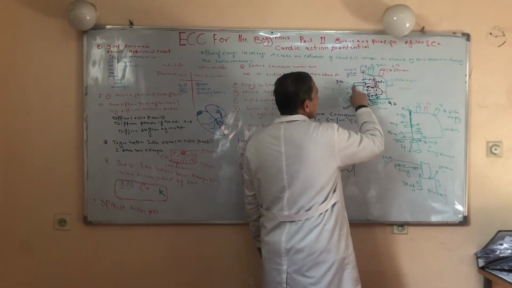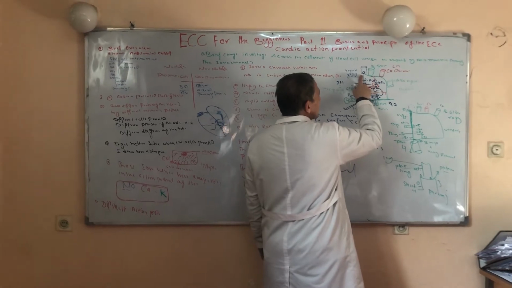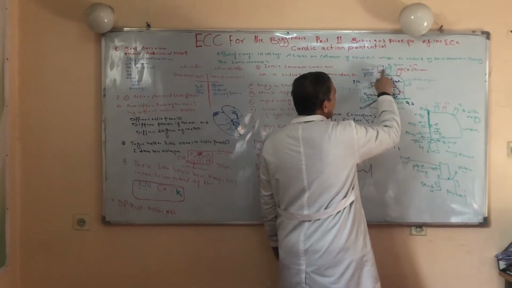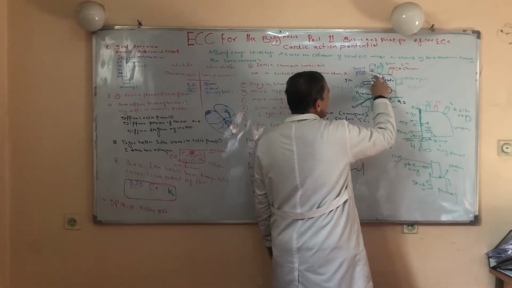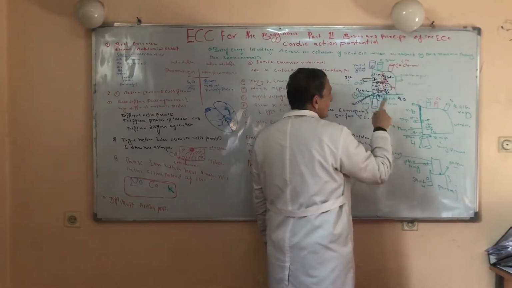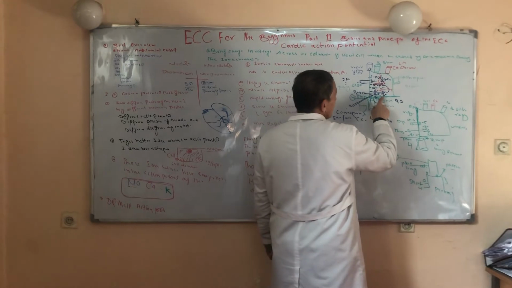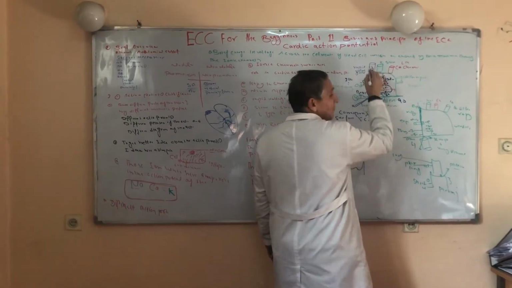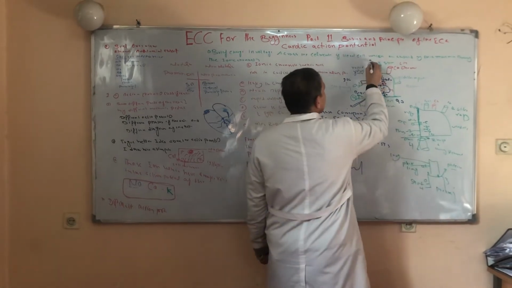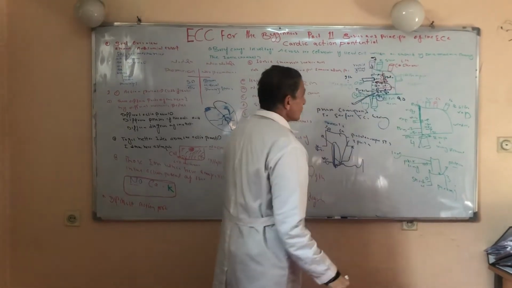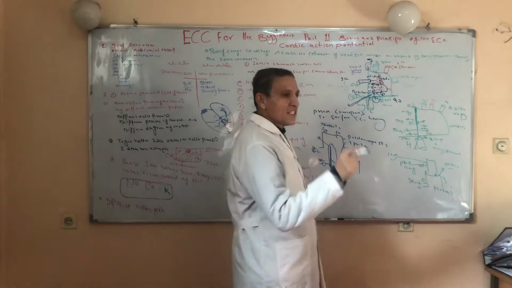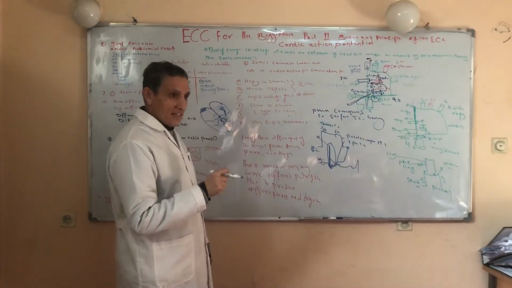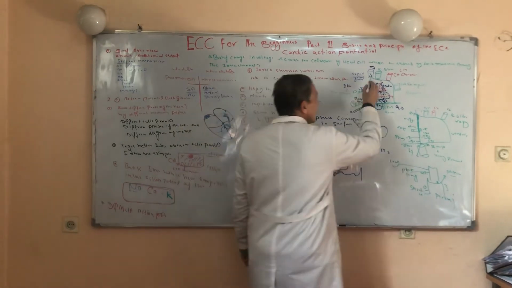This threshold potential leads to opening of the rapid voltage gated sodium channel, and a lot of sodium is coming from outside the cell to the inside the cell. This sodium rapidly neutralizes this minus 90 millivolt, and finally it may reach 0 or even above 0, to 10. So what is depolarization? Depolarization is a process during which the cell is losing a negative electrical charge and gaining a positive electrical charge.